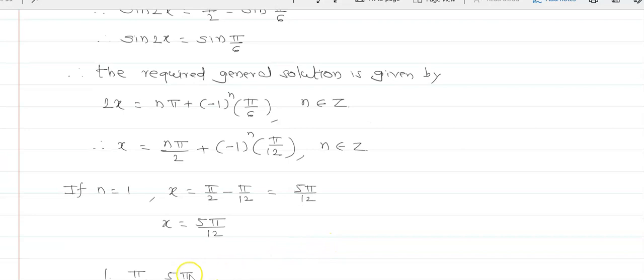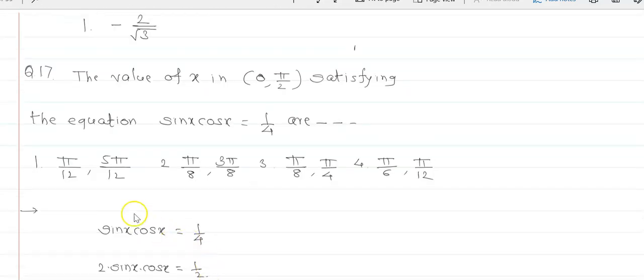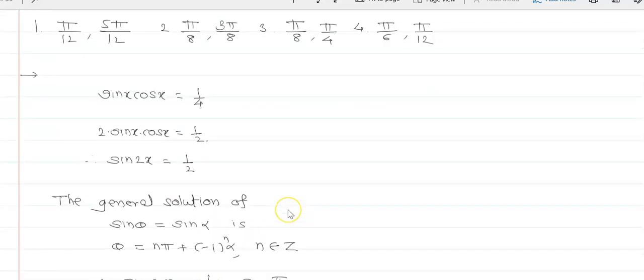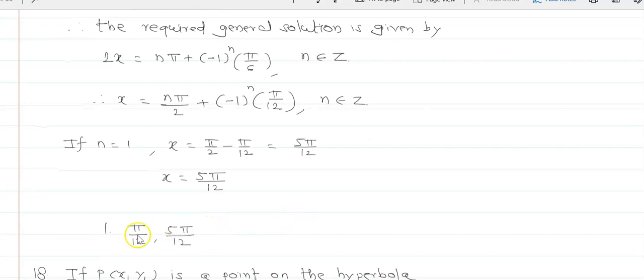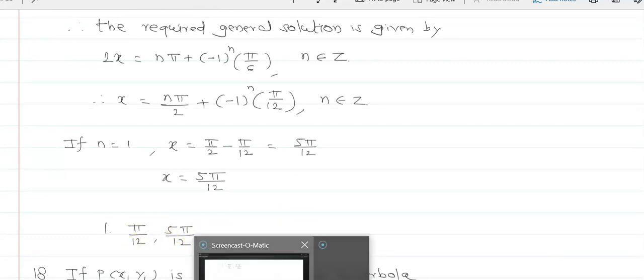Where is the 5 pi by 12 option? 5 pi by 12 is only for the first, and therefore the answer is pi by 12 and 5 pi by 12. Now the next is